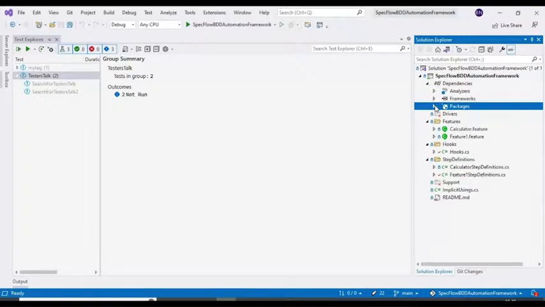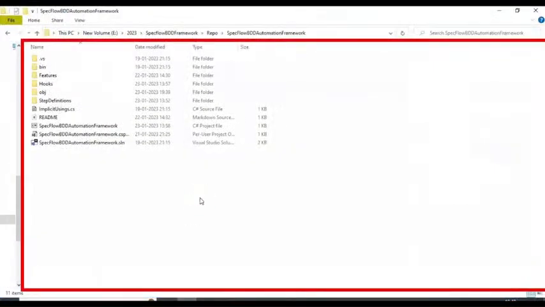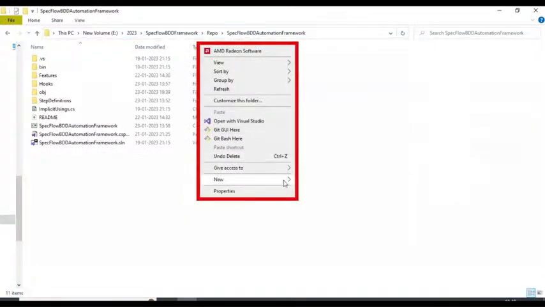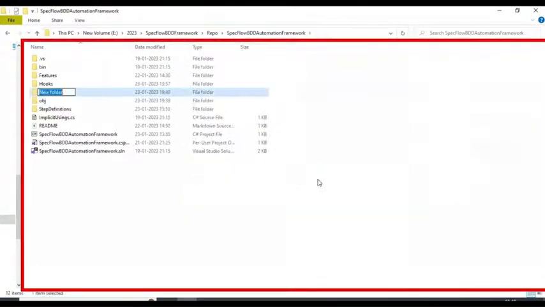Now let's create the test results folder in the project. You can go to your project folder and create one folder called test results. So that's it. We are done with two things. We have installed the extent report and we have created the test results folder. Now we have to create the